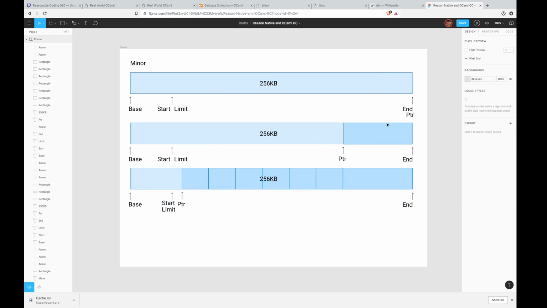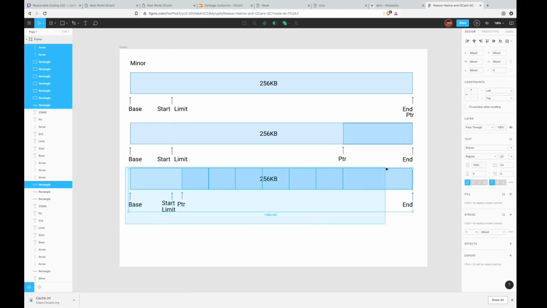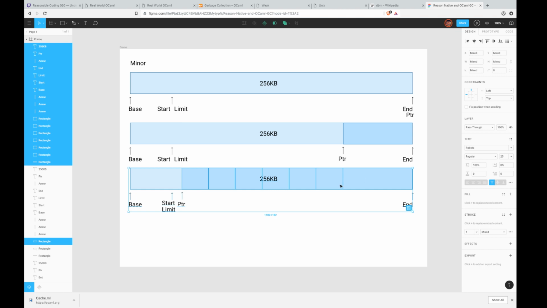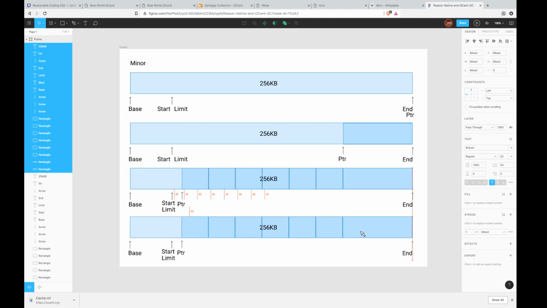That explains it. Okay. So we begin in the first image with an empty heap, and then we do an allocation, and of course the pointer goes back to the left. The start and limit are pointed to the same position in memory. And as we continue allocating more things, the pointer keeps moving to the left, as you can see. Then at one point we will try to allocate something, the next block, right? And the next block will actually